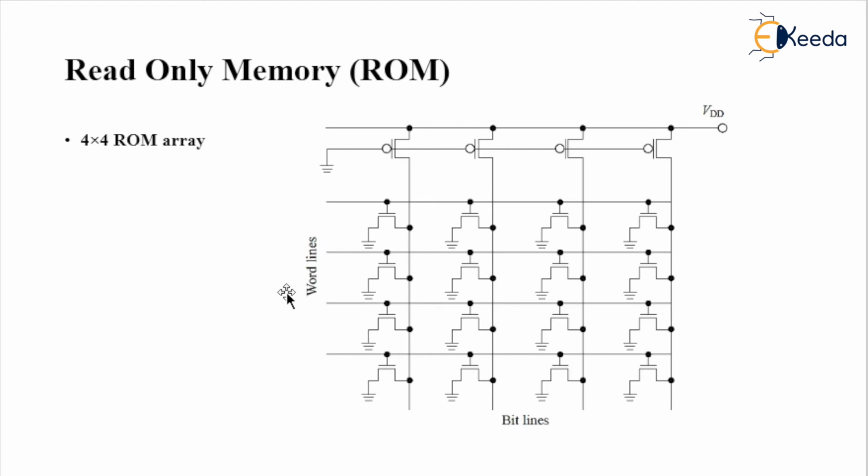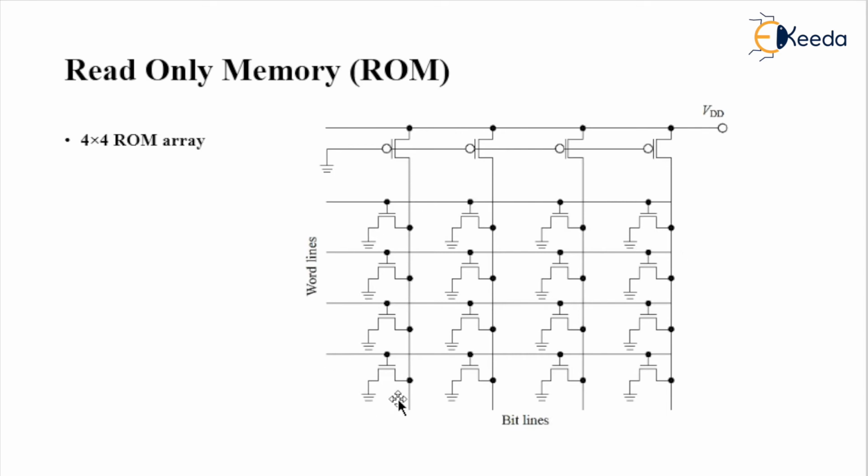So when the word lines are high, meaning they are at logic 1, how much voltage is going to be applied at the gate? Nothing but VDD minus V threshold voltage, the maximum voltage. V maximum is equal to VDD minus V threshold voltage. So VDD minus V threshold voltage is going to be applied to all the gates of these NMOS transistors.